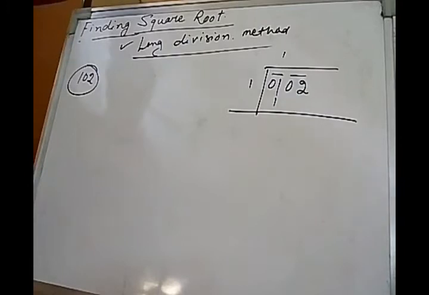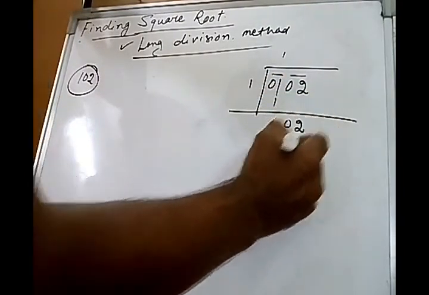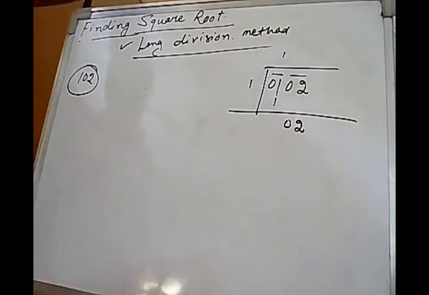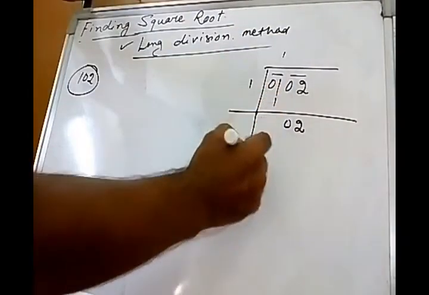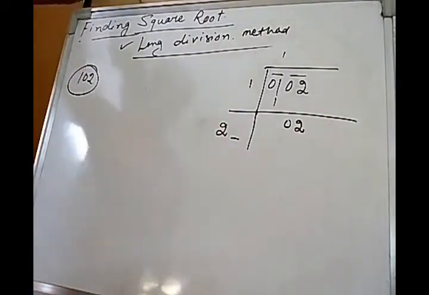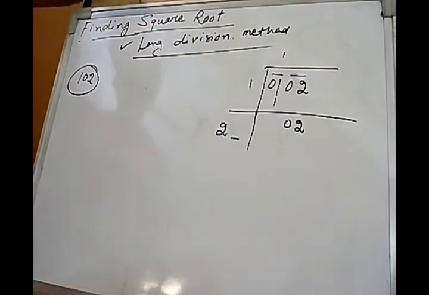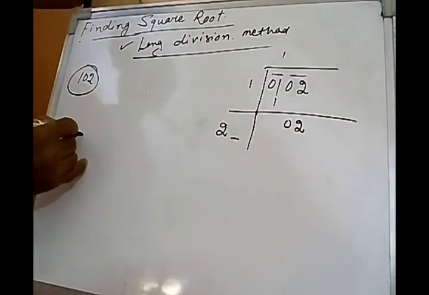Now 1 minus 1 is 0. Then the second pair will come down. That is what? 0 2. So here 1 double is what here, 2, and 1 less is remaining to take. Now here only 2 is there. 0 2 means only 2. My numbers will be 21 to